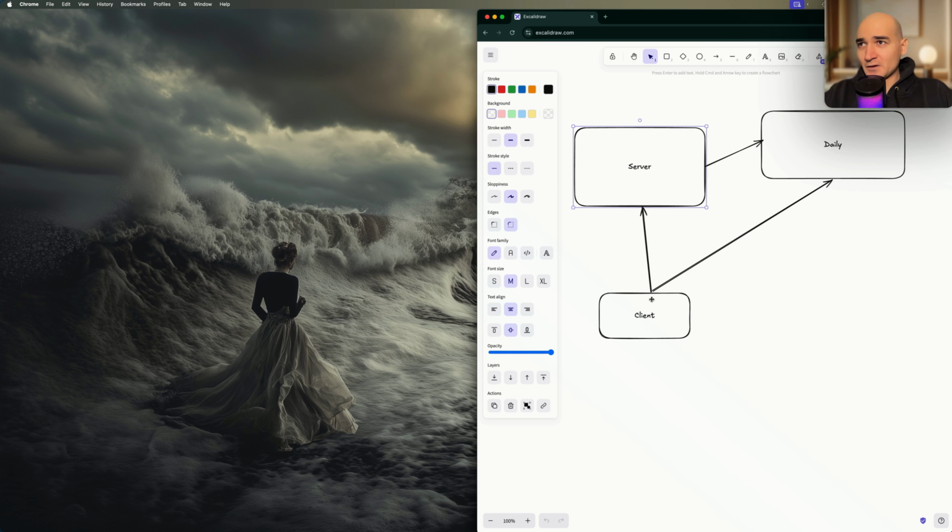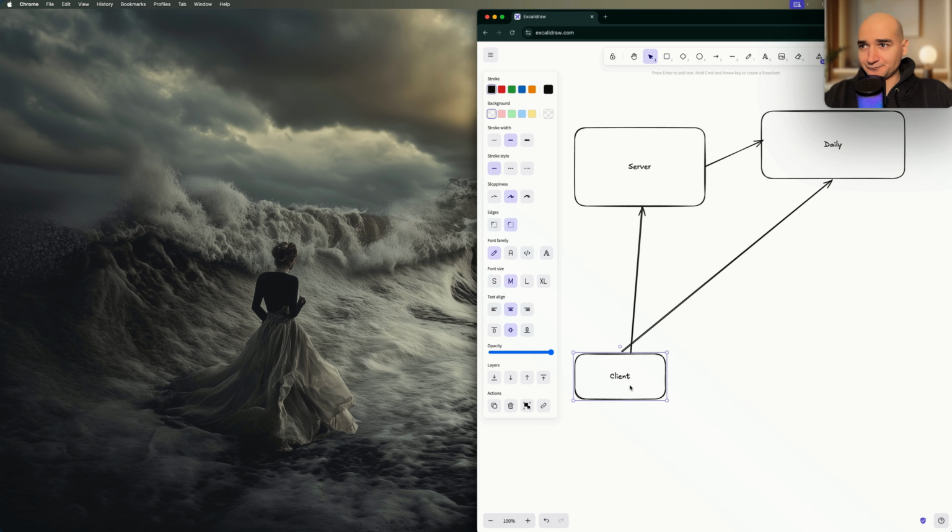I thought the client sends a message to the server, connects to the Daily room, and then the client connects to the Daily room. It's not exactly how it works because there's more than one room and there could be more than one client. So what actually happens,